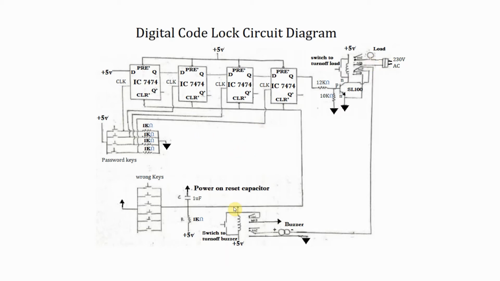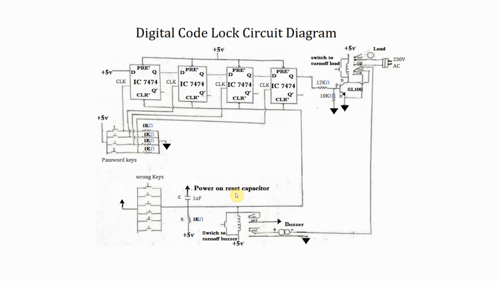While pressing the password key, if the user presses a wrong key, then all the flip-flops are cleared and the voltage at this point becomes low. So, this relay is activated and the buzzer is switched on. That gives a siren. And a DPDT relay is used and this setup is made to make sure that when the buzzer is on, this relay circuit is isolated from the rest of the circuit. So the buzzer circuit will not be affected by the number keys.